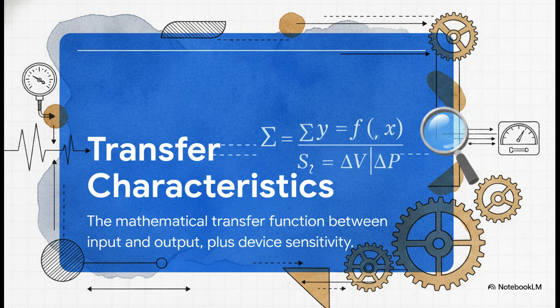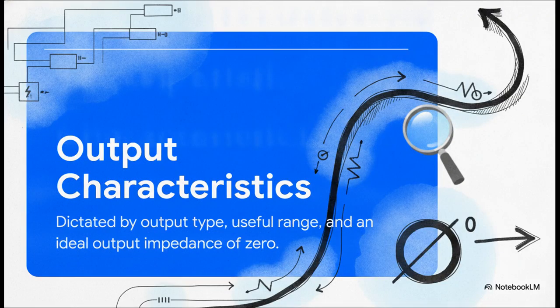We want a highly predictable, mathematically sound translation, not like a human translator who might randomly decide to add their own creative spin to a sentence, right? The third metric is output characteristics. The final electrical output, whether that's voltage, current, or impedance, must be fully compatible with the next stages of your